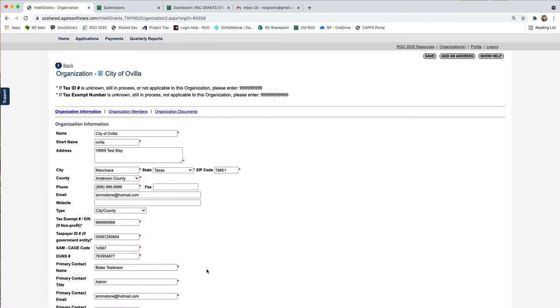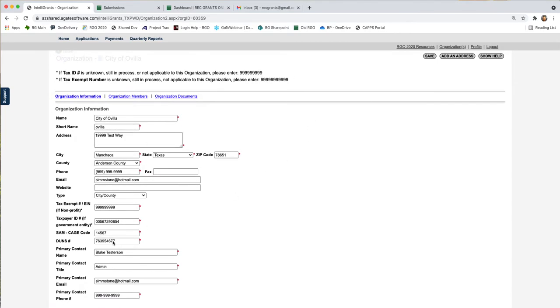The easiest and most simple way to know if that's true for me is that I have a save button right here. If I've got a save button, when it comes to the organization, I can add and remove members and I can apply for grants. So if I need to change any information that's in the sponsor organization information, I can do so here